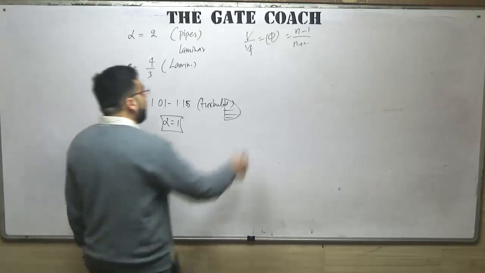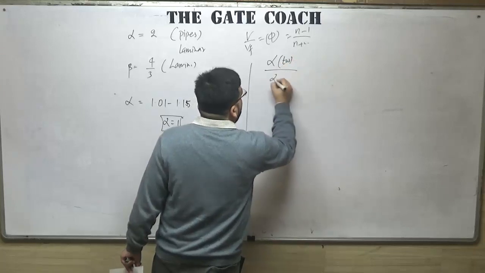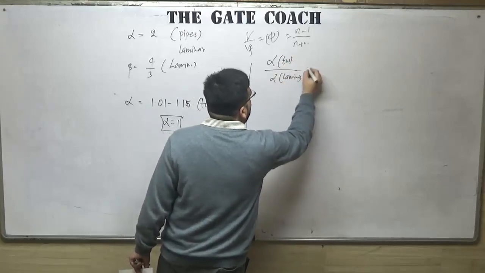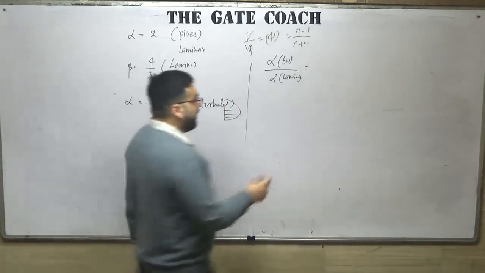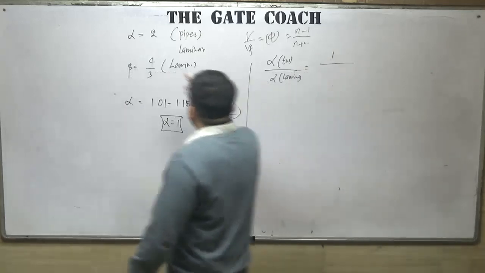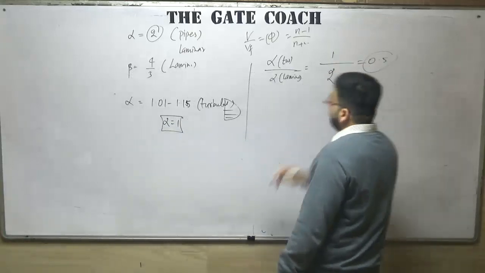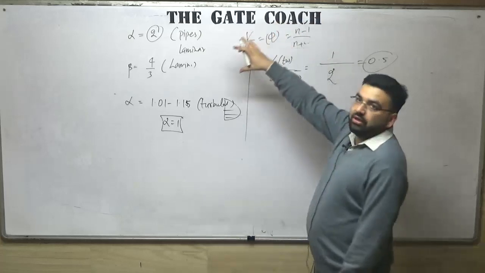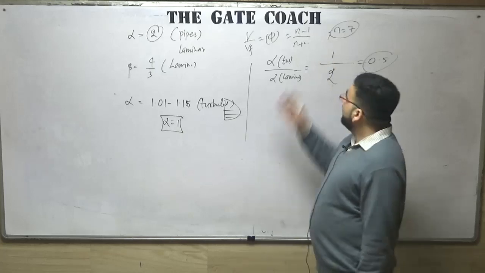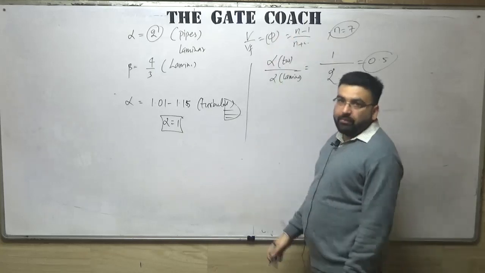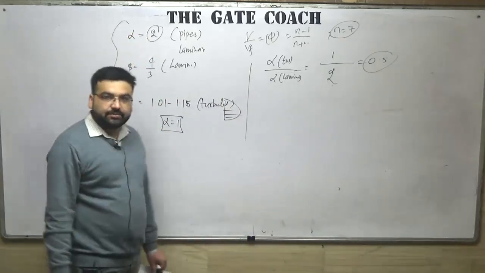I told you in the class directly, in the question what you had to do is find the alpha for turbulent divided by the alpha for laminar. That is what you had to find in the exam. So what is the alpha for turbulent? I told you that for calculation purposes you take it as nearly equal to 1. If you take it as nearly equal to 1, the value of alpha is 2 for laminar flow, so 1 divided by 2 will be equal to 0.5 directly. Otherwise you will fall into the trap of this equation, right? I guess this n was given to you as 7 something. So this was the data that we have received till now. You just put the values, you will get the answer. It will take a lot of time. If you directly know these values, you can solve this question hardly in 10 seconds.